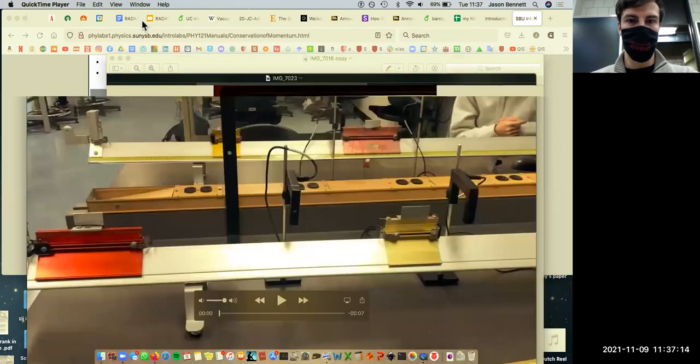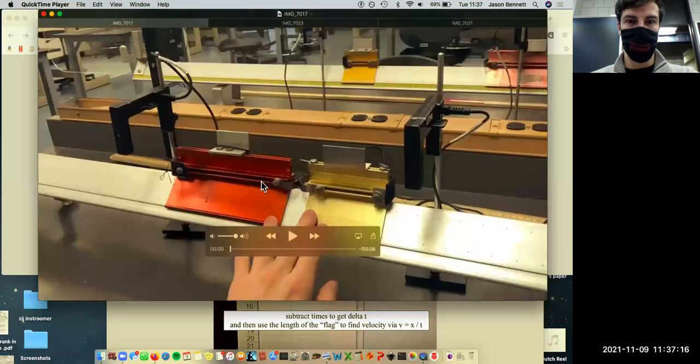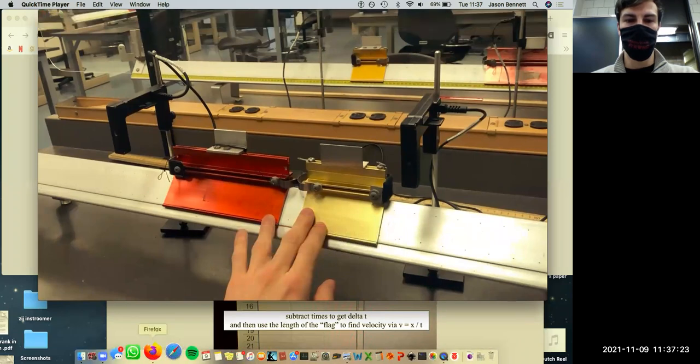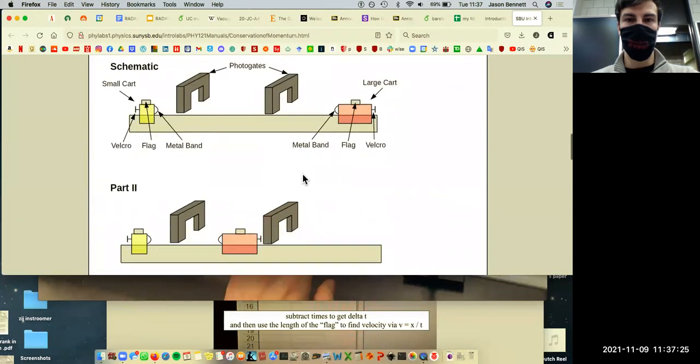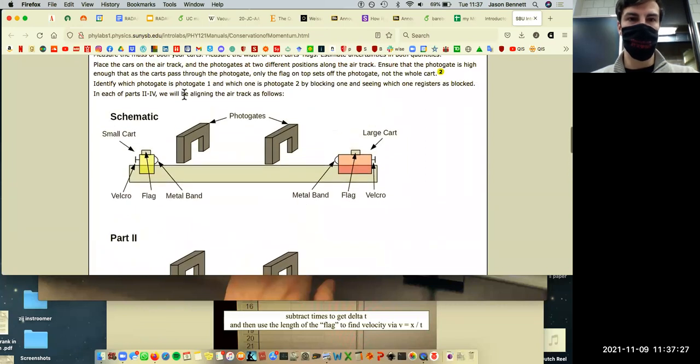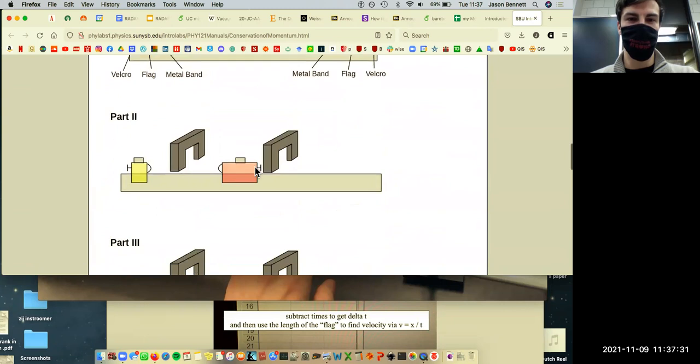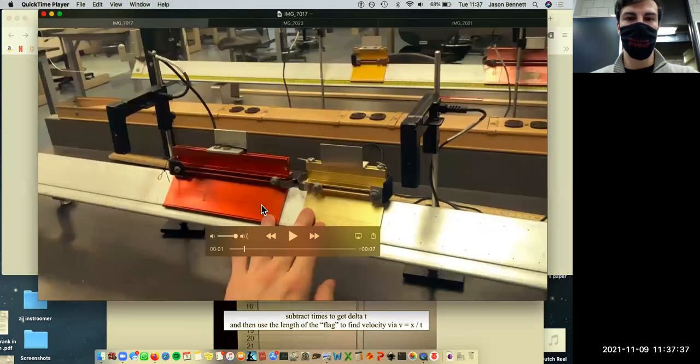Okay, so here's a video of what the experiment looks like. I make sure that both of my carts fit in between my photo gates. For part one, you can see that they want us to start off, or I don't know why they call it part one, it's preliminary. So the real part one or part two is I put my giant cart in the middle and I throw a small cart at it. So I make sure both of them fit in,